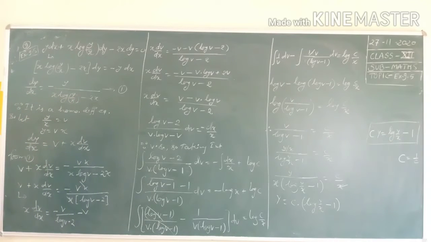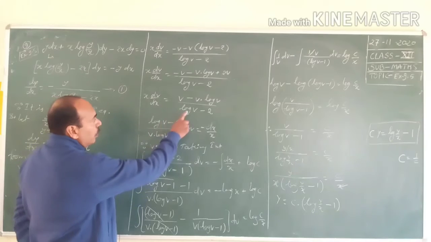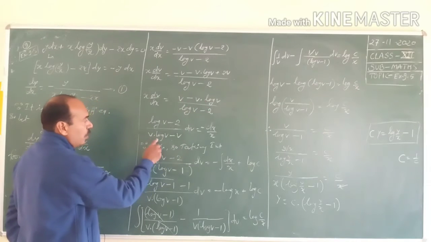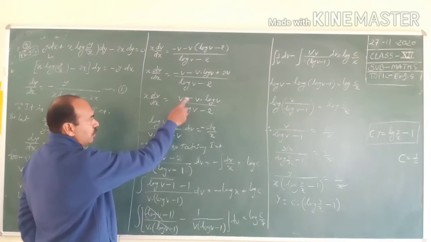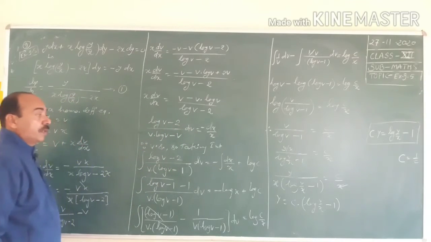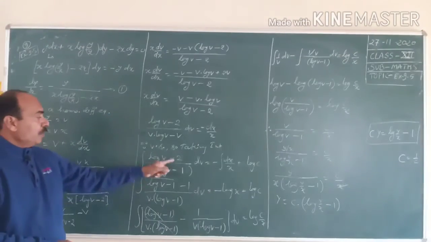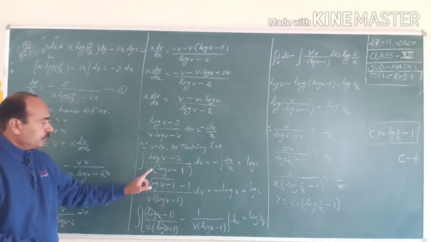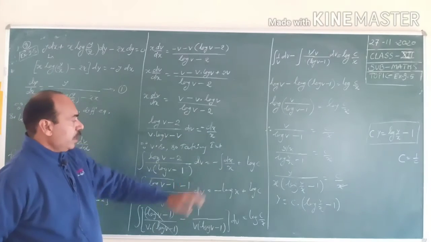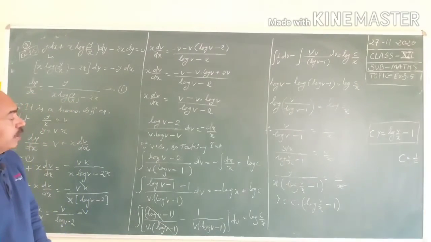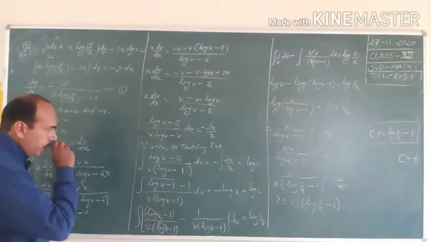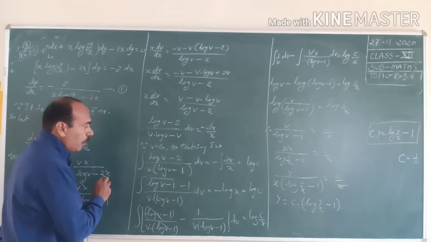Now separate the variables. So (log v minus 2) over (v minus v log v), and if the minus sign is taken common, then v log v minus v, the minus sign common, and here dx/x. Now since the variables are separated, take the integral on both sides. So (log v minus 2)/(v(log v minus 1)), if v is common then log v minus 1 remains, on that side minus dx/x, plus some constant c. So in place of c, write log c, because here the integral of this is log x, and here also we will get the value in terms of log.